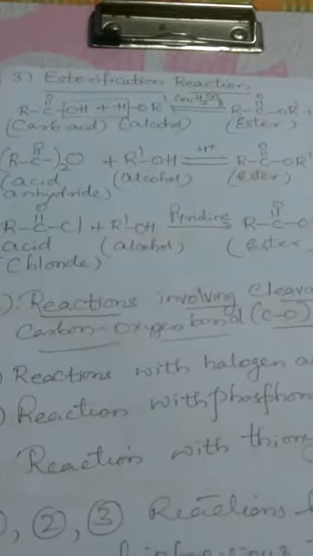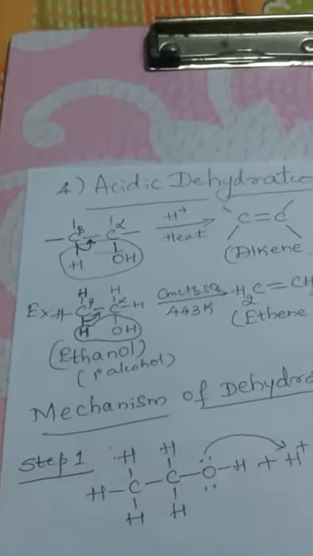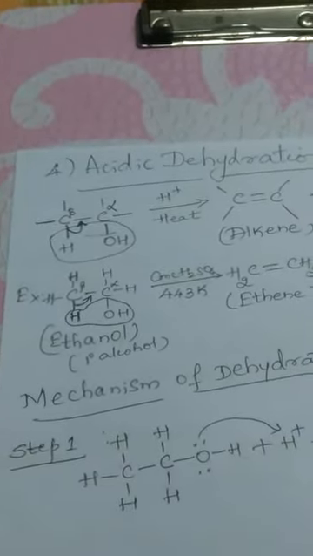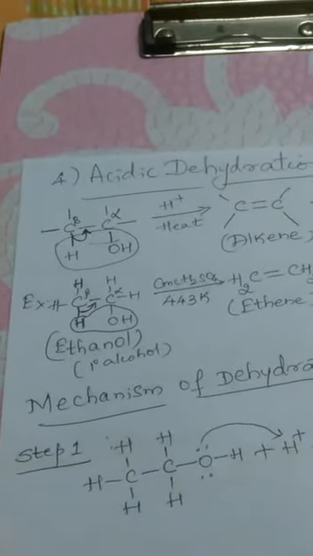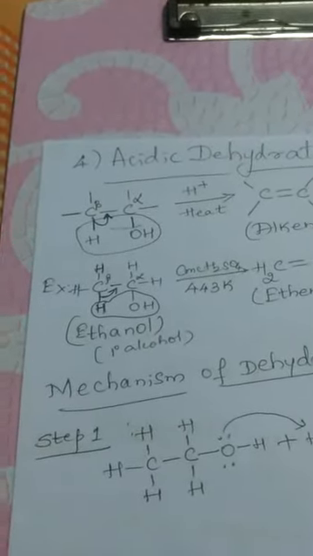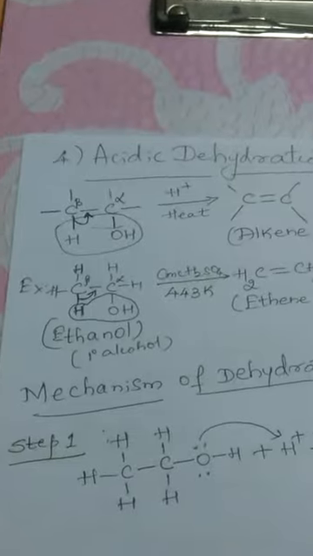reaction of acidic dehydration. Now I have represented the alcohol in a general form, that is, there are two carbon atoms, alpha carbon and beta carbon. At first, let us see what is acidic dehydration. It is nothing but an elimination reaction which is carried out by heating the alcohol in the presence of concentrated sulfuric acid. So if you look at the general representation there,